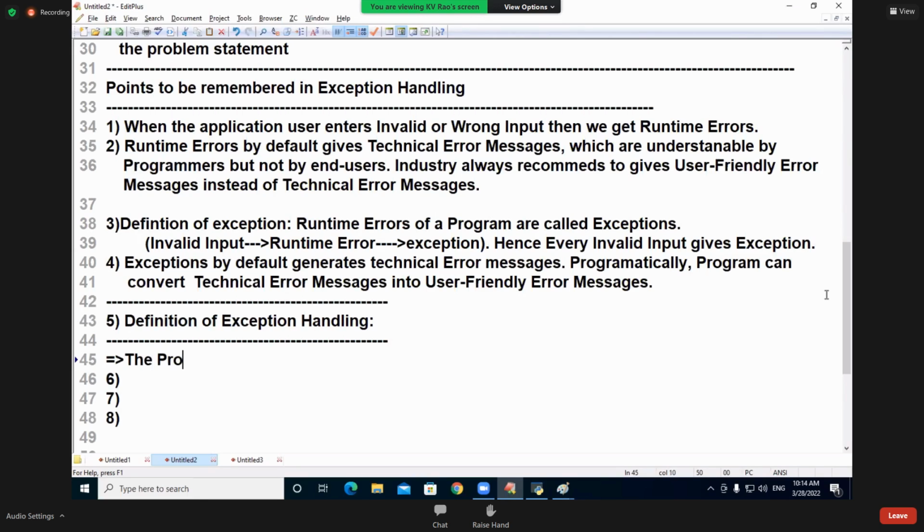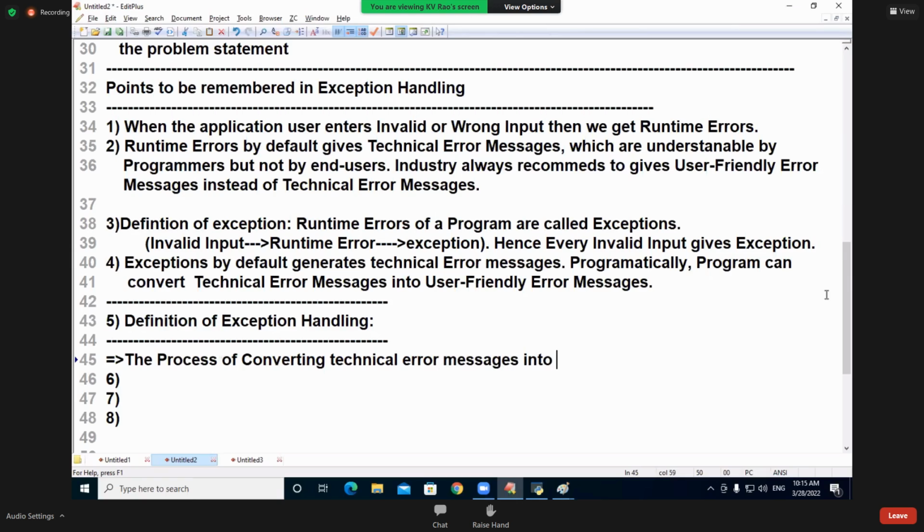The process of converting technical error messages into what?